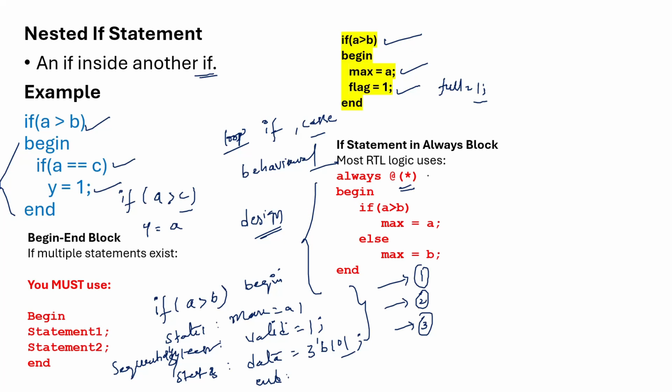See, always @. The star represents that it will consider all the sensitivity list. Whatever the sensitivity list you have in your design, all of it will be considered here. If any value changes, your input and output values are also changing. That means if a greater than b, I will get max equal to a. Or else condition,